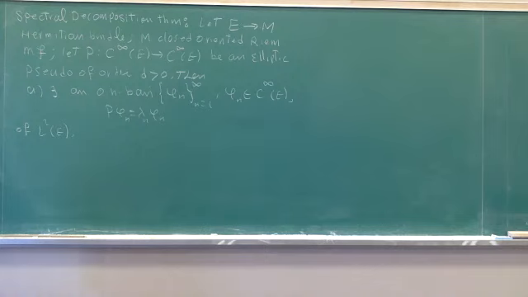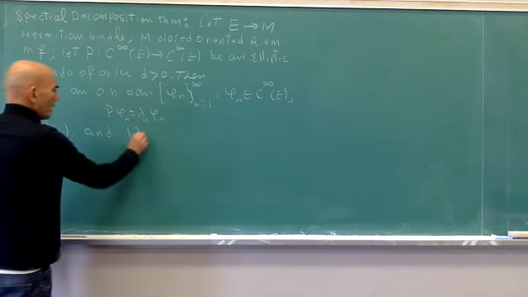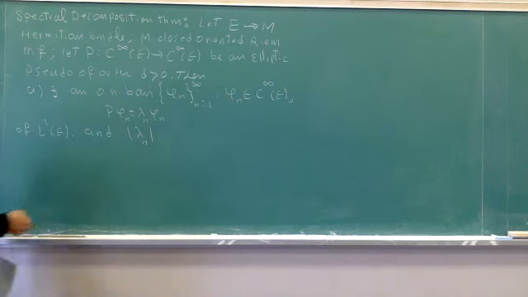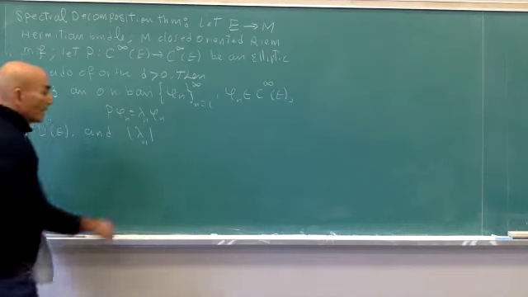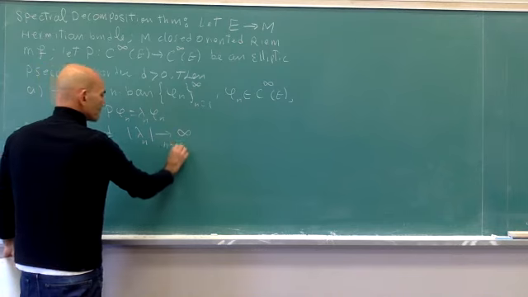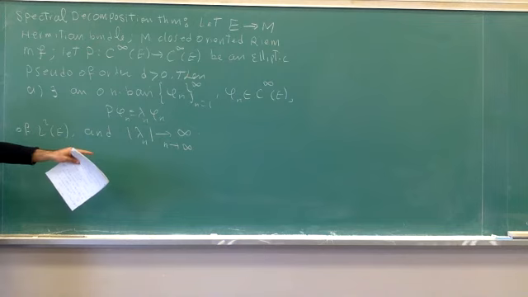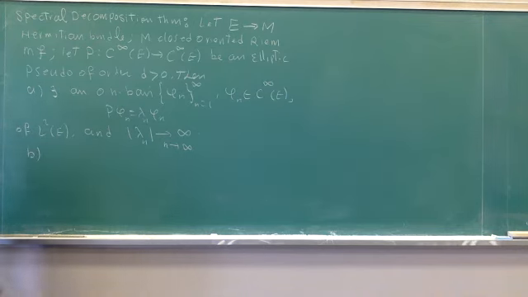And the second part: also lambda n. I'm not saying this is positive or negative. This could be first order, for example. In that case it would have both positive and negative eigenvalues. But the absolute value of lambda n goes to infinity as n goes to infinity. That's the first thing, but in part B, which contains this already, we say something much more about the growth of these lambda n's.